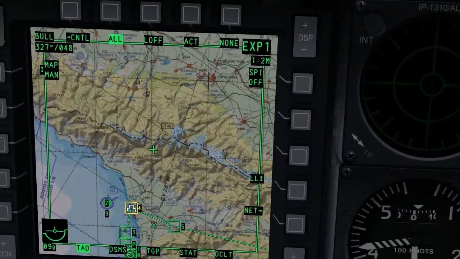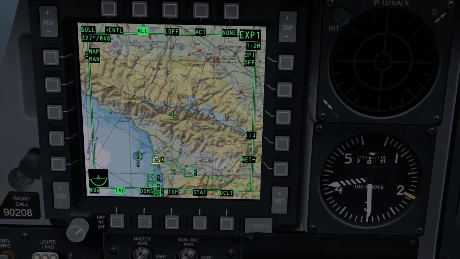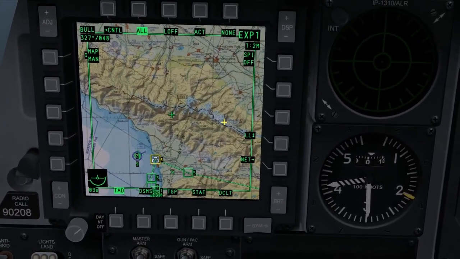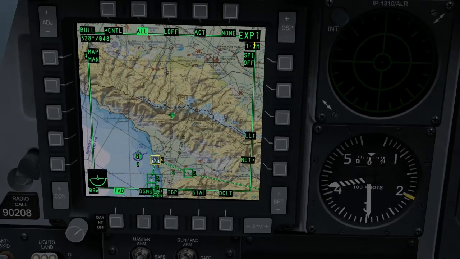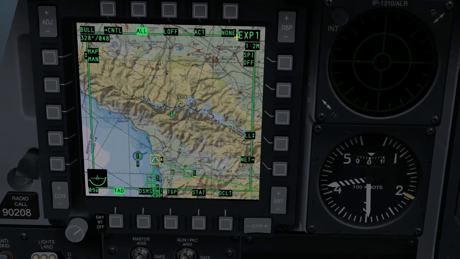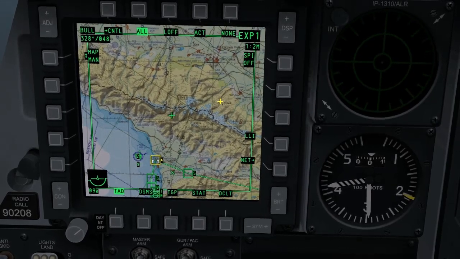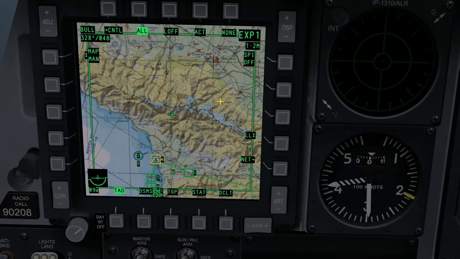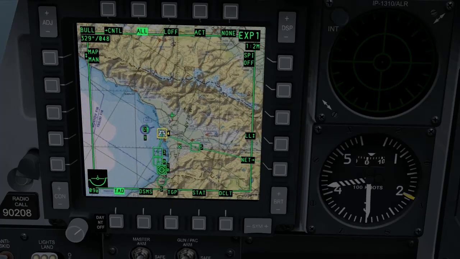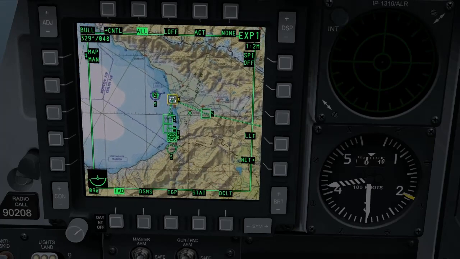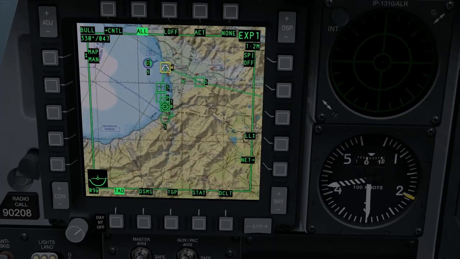So I'm going to zoom into this now and let's have a look what we see. So we see one thing is different for a start, and that's we don't have any indication of the scaling factor on this map, and it's probably the single biggest disadvantage of this mode. Although having said that, this mode, I use it once I get anywhere near the target area, and for anything to do with target management and